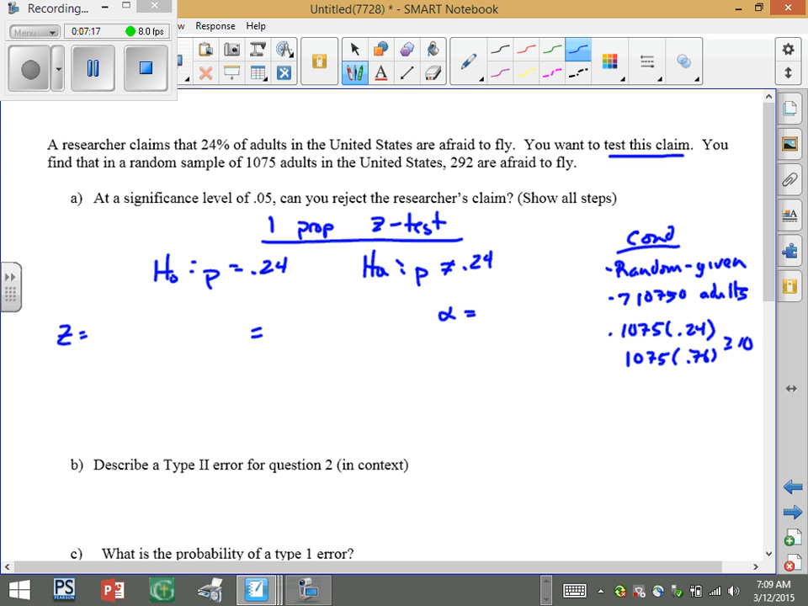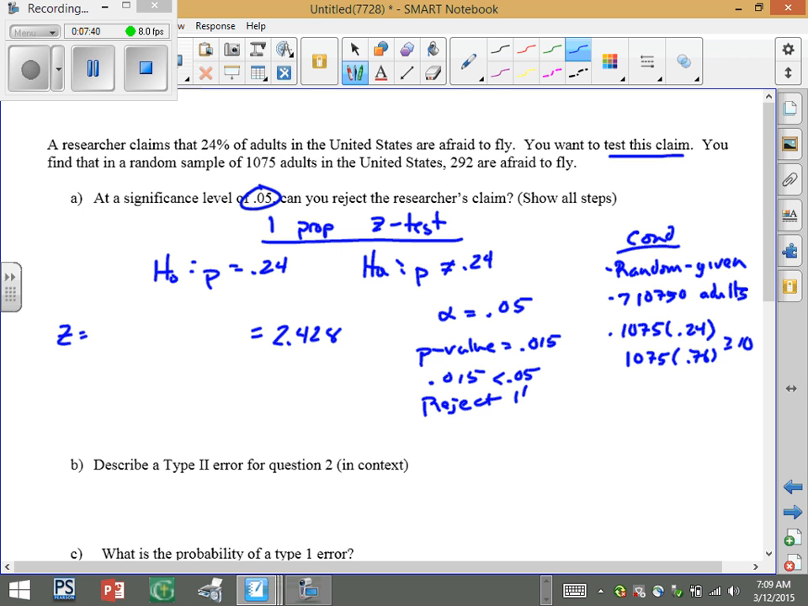We're given an alpha level of 0.05. And now just plug and chug into the calculator. And we end up with a z-score of 2.428. A p-value is 0.015. So 0.015 is definitely less than 0.05. So we will reject